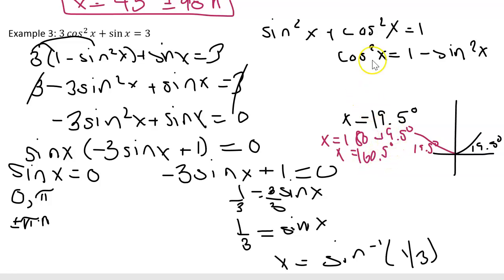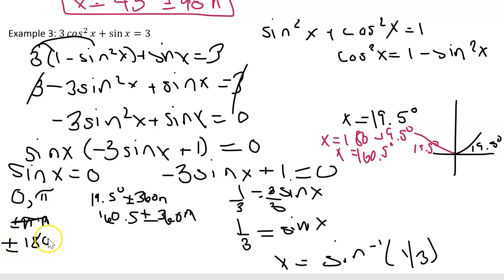And we can write both of these solutions the same way we wrote our first one, which would be 19.5 degrees. Oh, I should switch these to degrees as well. Plus or minus 360 n, and 160.5 plus or minus 360 n. And then I want to switch this answer to be plus or minus 180 n so that everything is in terms of degrees. So this is going to wrap up part